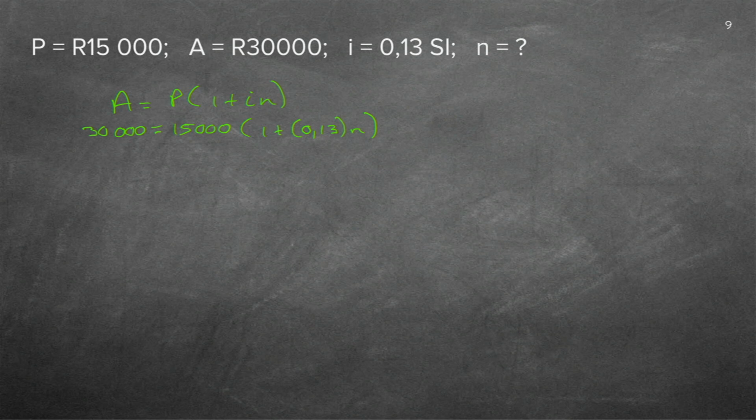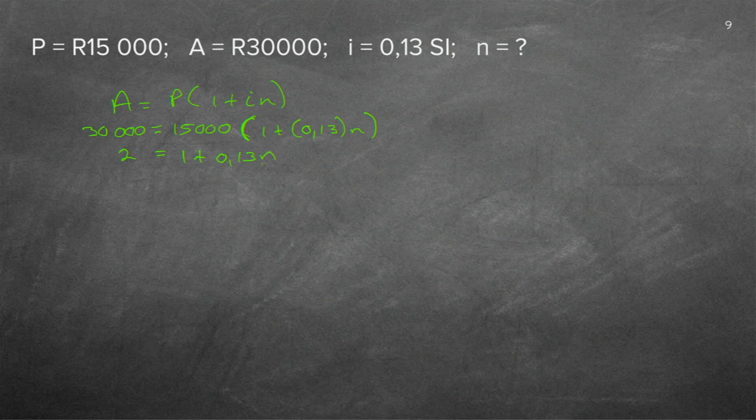Now I need to get that N all alone. And remember what you do to find something all alone? You take away from the furthest point. So the 15,000 is furthest. So if I take it to the left-hand side, I'm just going to write 2. Because 30,000 divided by 15. Why do I divide? What does this bracket mean? Multiply. I need to do the reverse of that, so I divide. So 30,000 divided by 15,000 is just 2. So what is left here on this side? 1 plus 0.13n. Why do I not put the big bracket around anymore now? Because there's nothing outside of it anymore.